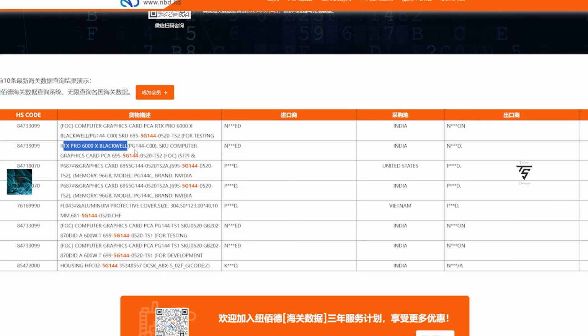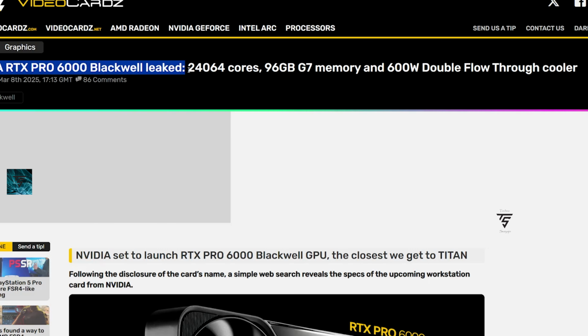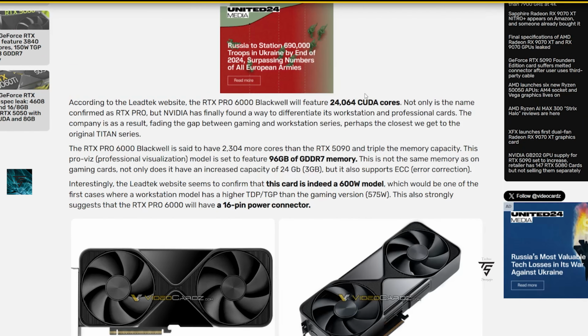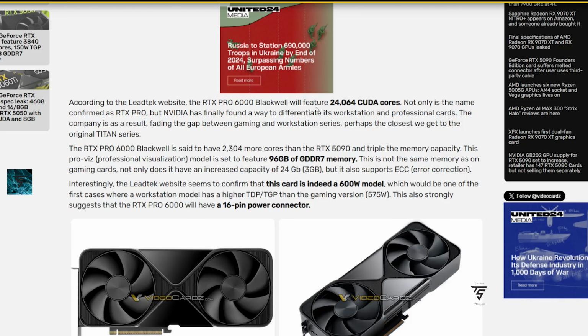We know most of the details regarding it. It's already in the shipping manifest. So the card is launching pretty soon as NVIDIA RTX Pro 6000 Blackwell has been leaked. It comes with a whopping 24,064 cores and 96 GB of GDDR7 memory and 600 watt TDP. We will go over it part by part, but since it will feature 24,064 cores, it is like 10 to 11% more cores compared to RTX 5090, which is insane to see because RTX 5090 has literally more